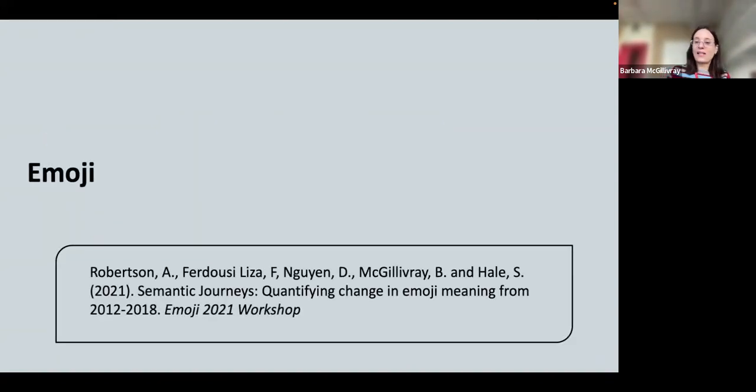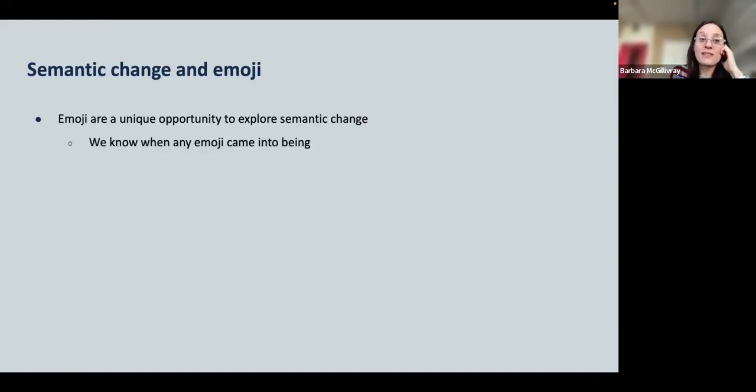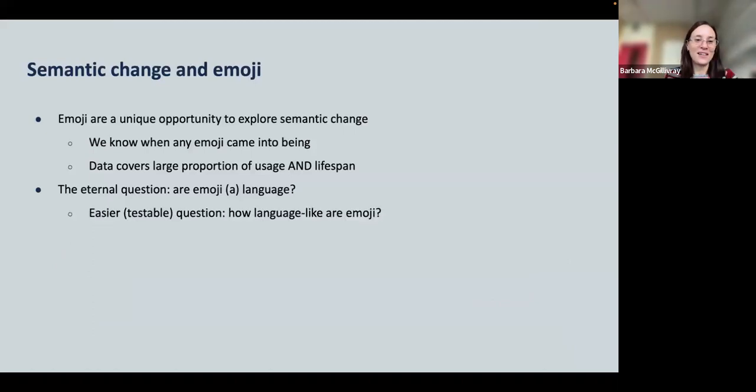And then on the same data set, we also decided to focus on emoji because we were running this project at the Alan Turing Institute, and we thought, well, emoji are a unique opportunity to explore semantic change because we actually know when they came into being. With a word, we don't know exactly when it was first used, but with emoji, we have the full data set. And of course, it helps us answer the big question, are emoji language,